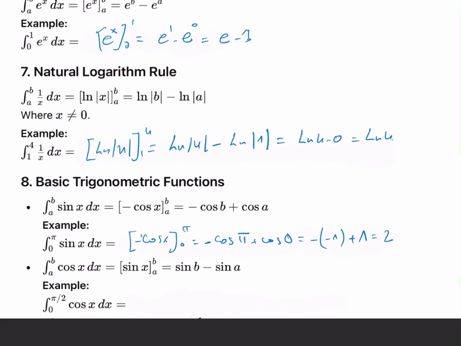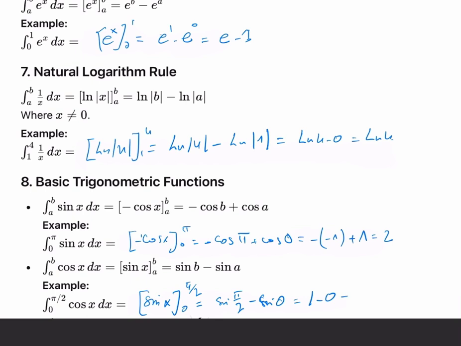I will just apply it directly, sine x from 0 to pi over 2, which is equal to sine pi over 2 minus sine of 0, which is 1 minus 0,